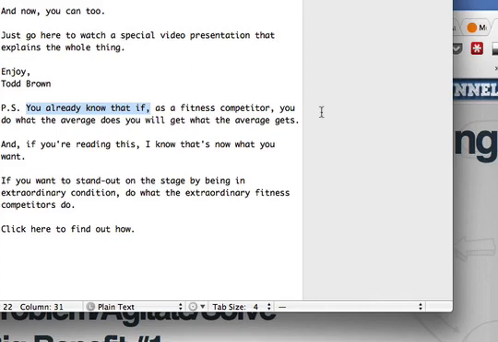You already know that X. Top fitness competitors already know this, right? Every top fitness competitor knows that when you say this type of phrase, whatever you say after that is typically accepted as a fact, right? So you already know that if as a fitness competitor you do what the average does, you'll get what the average gets. And if you're reading this, I know that's not